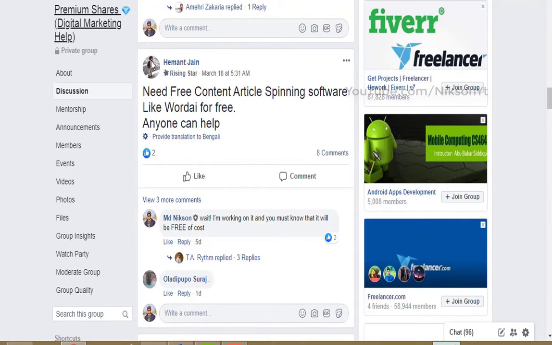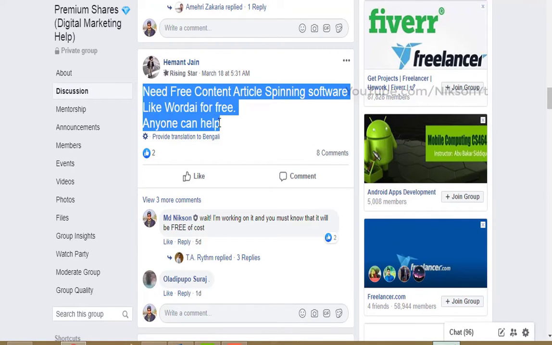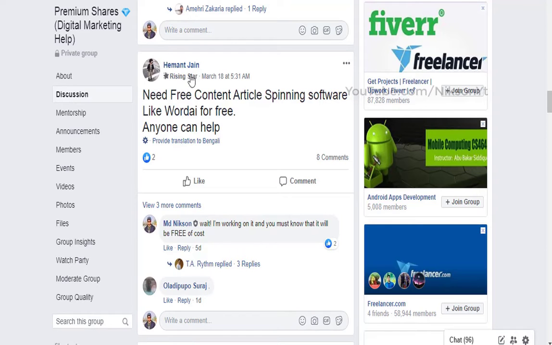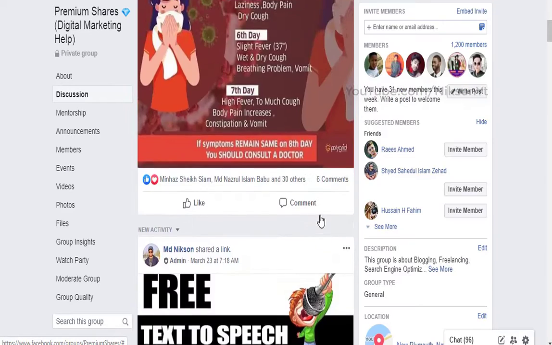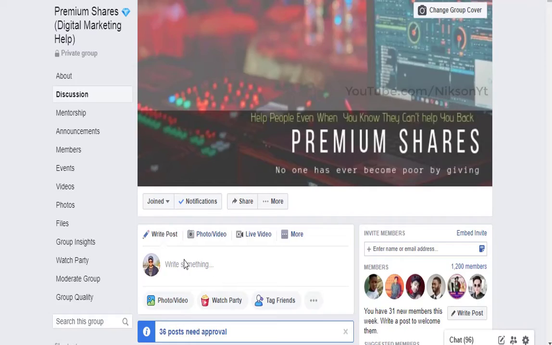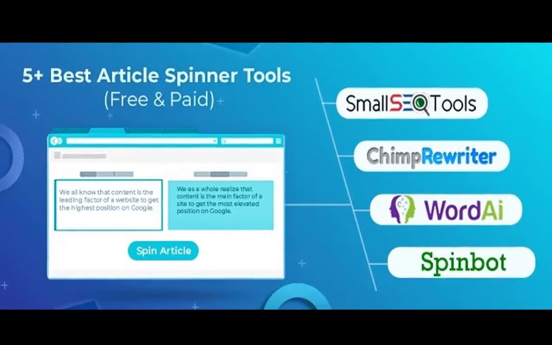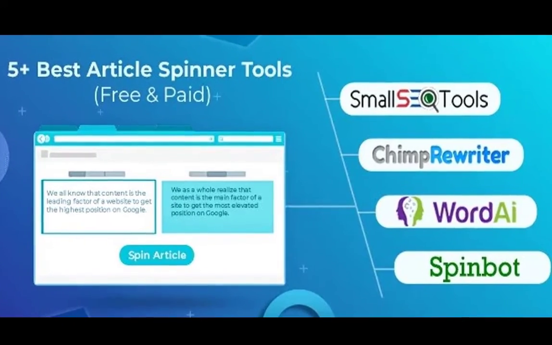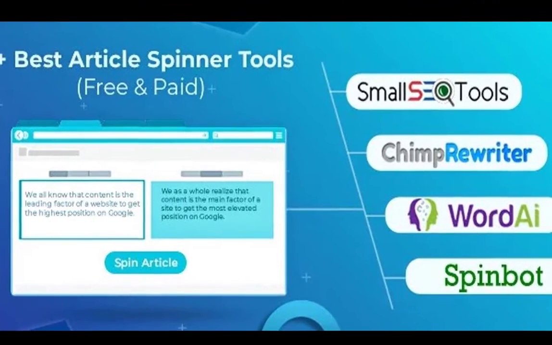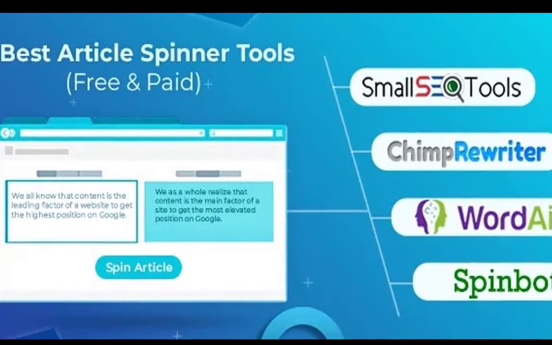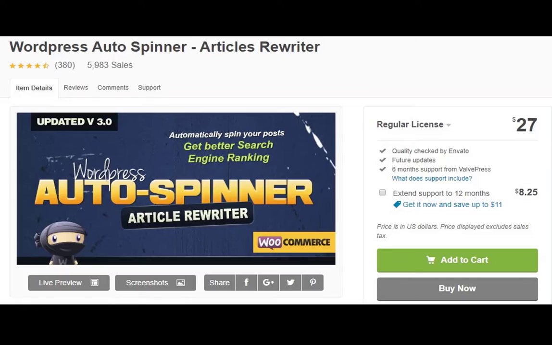So in my Facebook group, a member asked about unique article spinning stuff: how to make a unique article from copied text. There are many wonderful softwares for article spinning, which are absolutely paid, and today I also share with